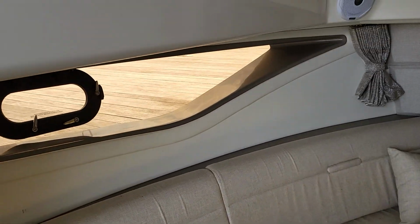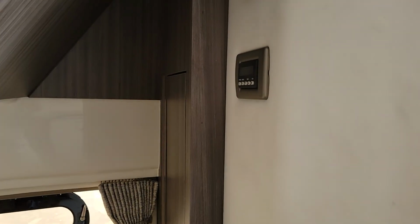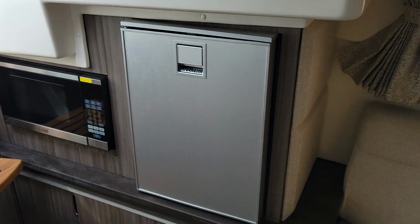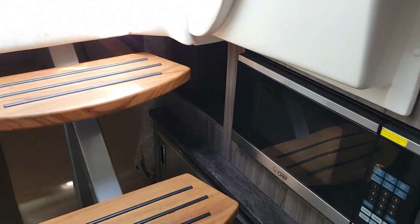Down below, you've got a dinette that does convert to a berth. There's filler cushions, TV out here. The boat is equipped, as I mentioned, with a generator. You've got AC to keep it cool while you're underway. Microwave, refrigerator down below, some storage in the cabinet below the refrigerator and microwave, vacuum flush head, bowl sink, towel floor,